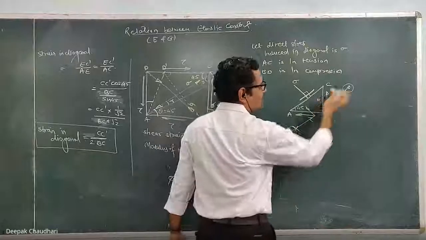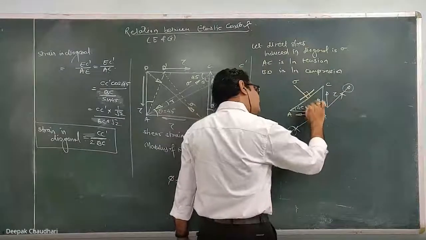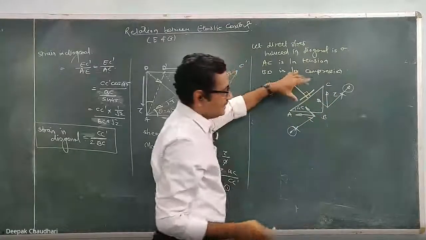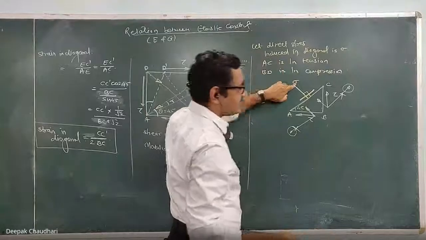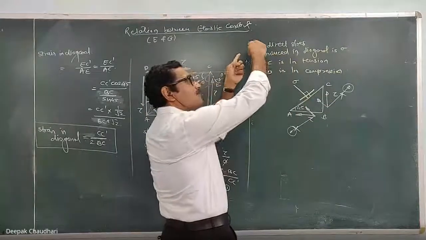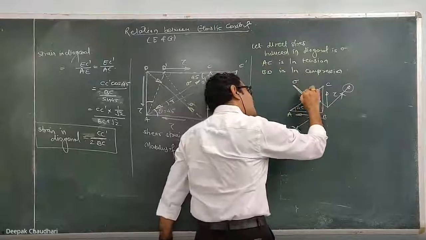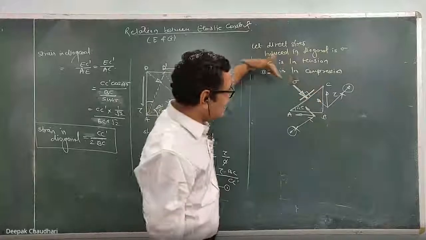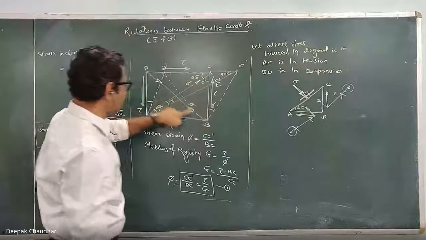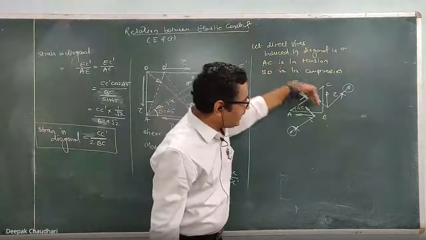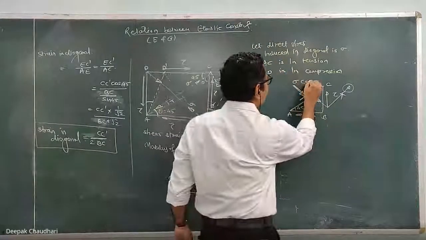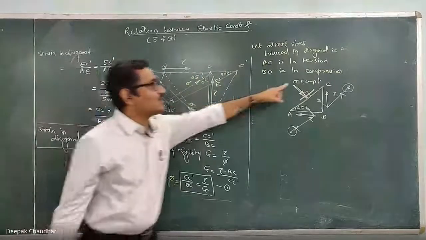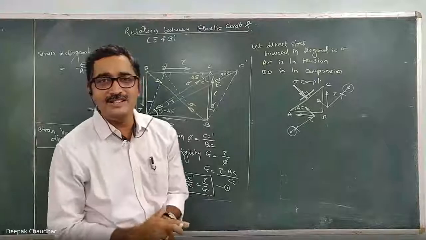So these two are equal and opposite, so they cancel the effect of each other, and these two components get balanced by this normal stress. Now the direction of these two forces is upward, so to balance this, the normal stress should be downward. Since this stress is along this diagonal and is directed toward the plane, its nature is compressive. That's why this diagonal is in compression.